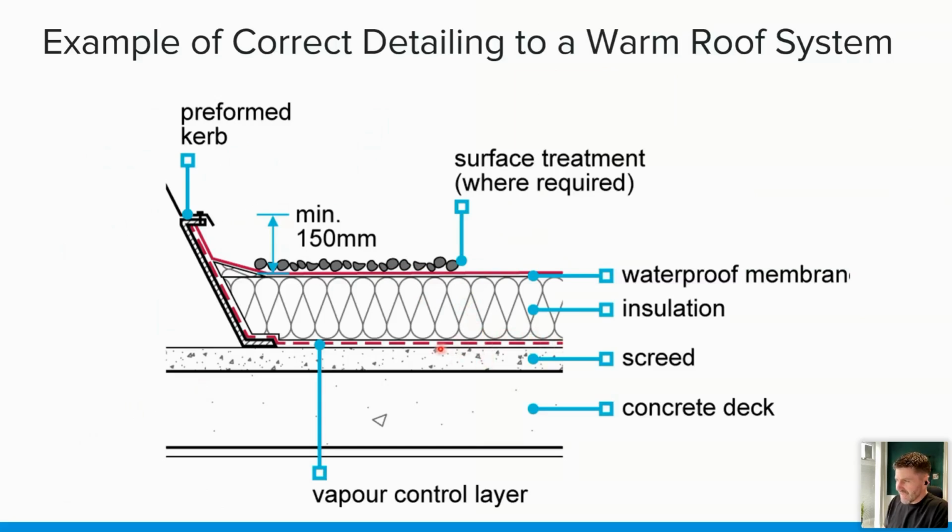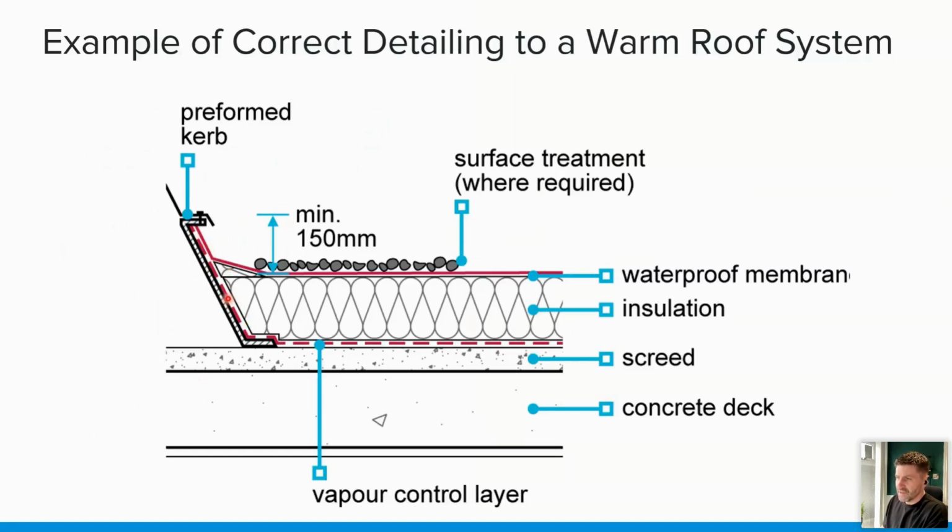Important thing here as well when it comes to any kind of upstand is that the vapor control layer meets up with the waterproofing at this level here, which stops any kind of cold bridging coming through into the insulation. So we need to have that vapor control layer fully encapsulating the insulation, and that can either be achieved by taking the vapor control layer up the upstand and then bringing the waterproofing onto it, or